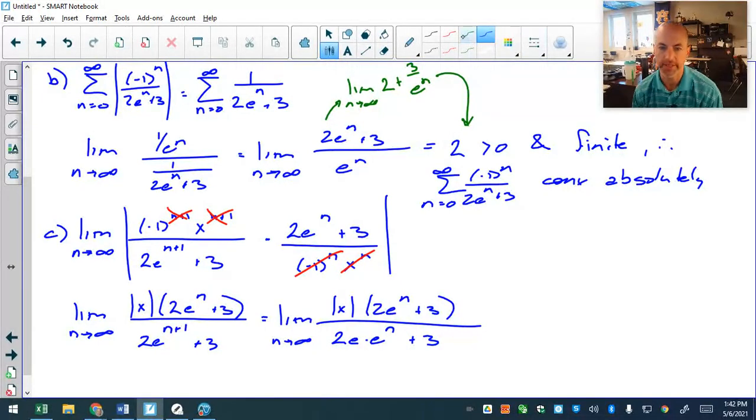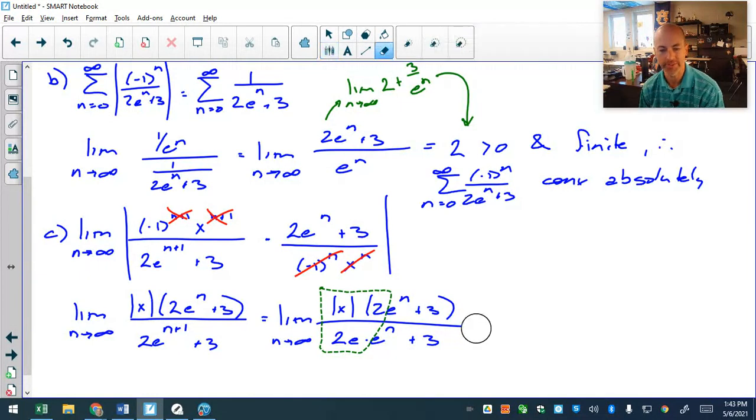So now that I'm looking at this, hopefully we all can agree that as n is getting infinitely large, these 3's are insignificant. So I'm really comparing these two, and it's essentially the same term. It's like having two terms of the same degree. This limit is going to equal absolute x times that constant. The e^n's are equal. Those plus 3's are insignificant. So the answer to the limit, and boy, I really butchered explaining that verbally, but it's 2 absolute x over